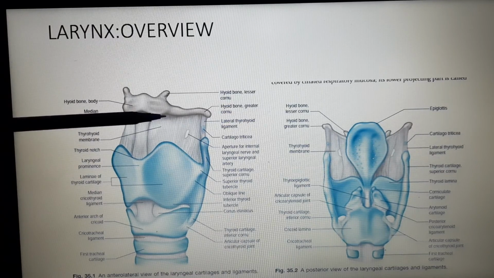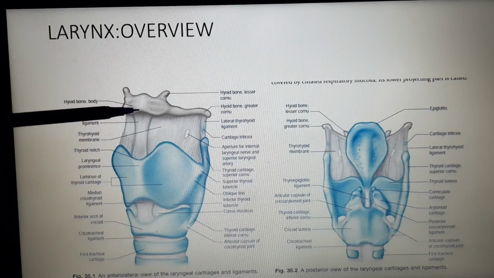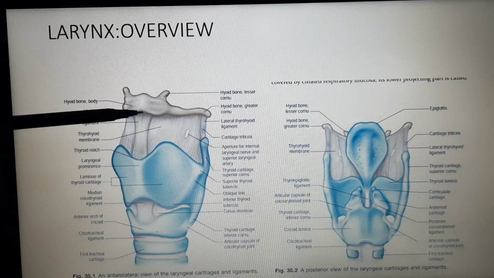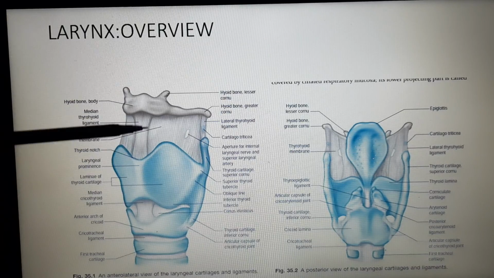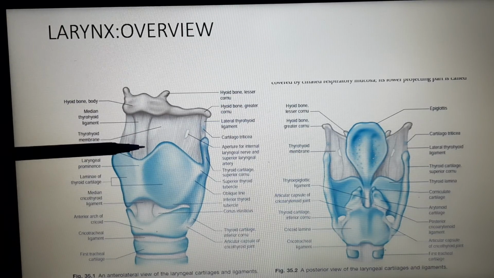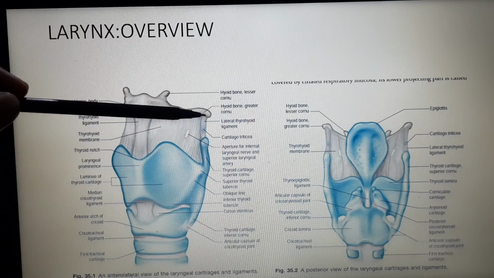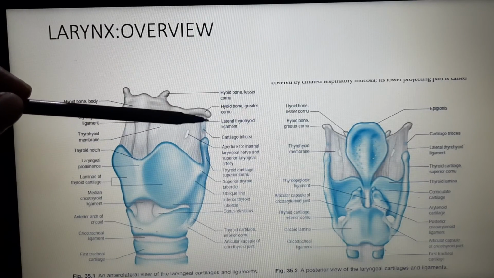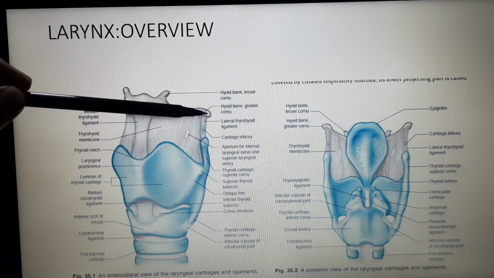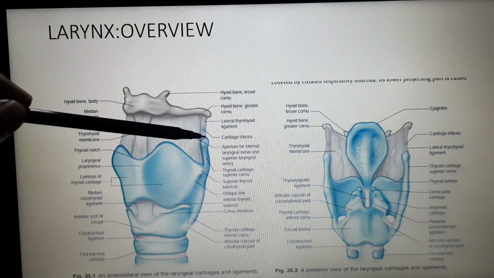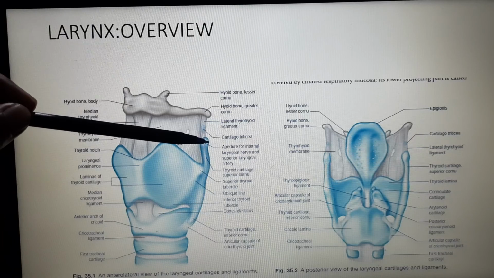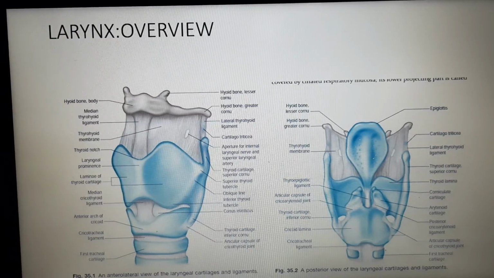So there is a bursa present between the thyrohyoid membrane and the hyoid bone at this level. You can see that this membrane is thickened at the midline. This is known as the median thyrohyoid ligament. Also, this membrane is thickened in its most lateral part, which joins the tip of the greater horn of the hyoid bone and the tip of the superior horn of the thyroid cartilage. You can see in this picture.